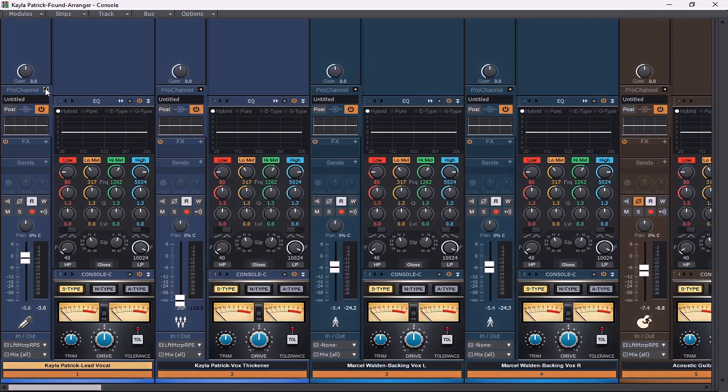For one, I've got the console emulator already enabled on all of the channels. Whenever you opened up your file, this was already baked into the mix as we've been hearing it so far. At any time, you can either remove them, change the model type, the drive adjustments, whatever you would like to do. However, with every mix that I perform, I always have the console emulator enabled on every single